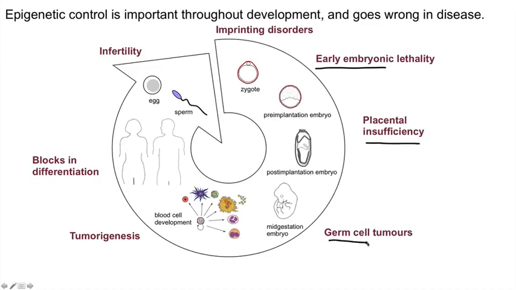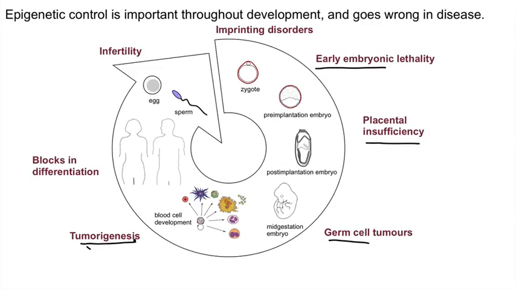So for example, germ cell tumours, so these are the ones, for example, found in the ovary where an oocyte will generate a tumour, and because of its ability to make many different cell types when fertilized by a sperm, a tumour derived from these cells can actually have many different cell types in there as well. And tumorigenesis in the adult of many different kinds. So for example, leukemias found in the blood system, skin cancer, breast cancer, colon cancer, any cancer that you can think of has epigenetic abnormalities, and we're going to spend some time thinking about this in later lectures.